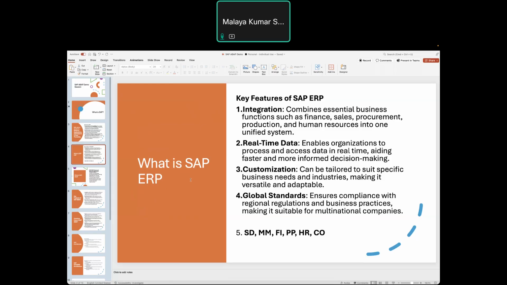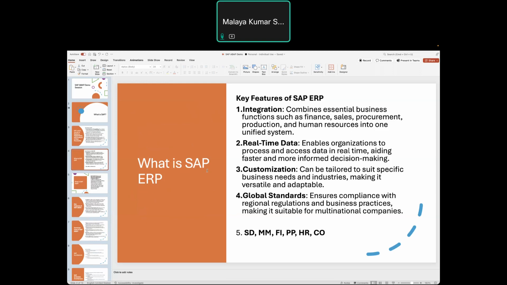Then customization. What customization does SAP ERP give? In SAP, if you have a specific business, you can customize based on that business. Suppose you have a biscuit company and you are selling biscuits, and some other organization is selling some FMCG or retail products.